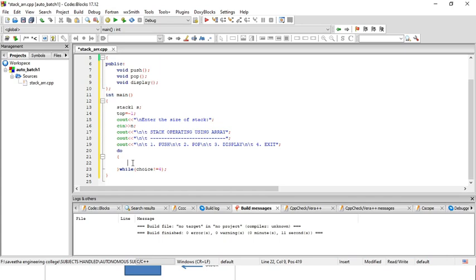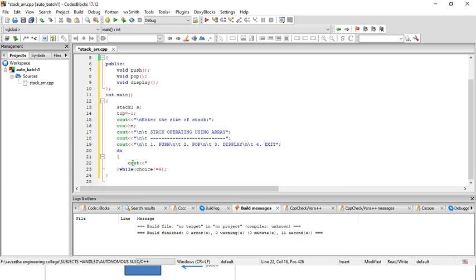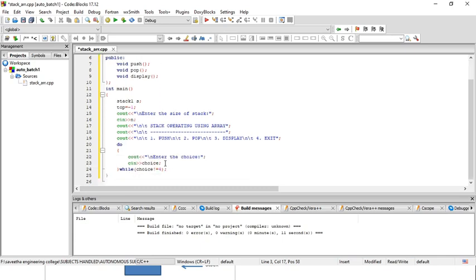First important thing, we need to enter the choice. So let me say enter the choice, and here I'll be giving the options. I have used here choice, so you can use the same thing. This part should be declared, so I'm declaring choice. Now I'll be giving the choice here, maybe 1 or 2 or 3 or 4.